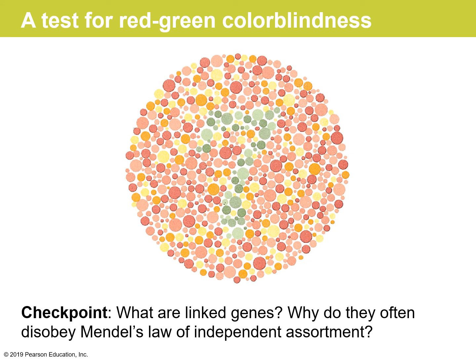A number of human conditions, including red-green color blindness, hemophilia, and muscular dystrophy, result from sex-linked recessive alleles. Red-green color blindness is a common sex-linked disorder caused by a malfunction of light-sensitive cells in the eyes. A person with normal color vision can see more than 150 colors. In contrast, someone with red-green color blindness can see fewer than 25. The figure here shows a simple test for red-green color blindness.